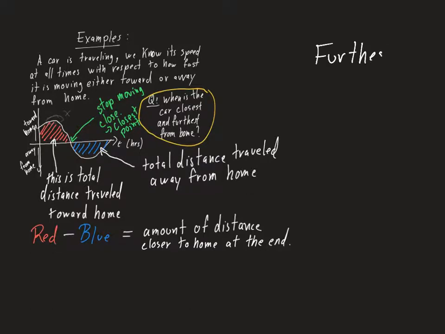What about furthest? And basically the thing that you'll notice is that you have really just two candidate points. So this point and this point, which are the start and the end of the graph,